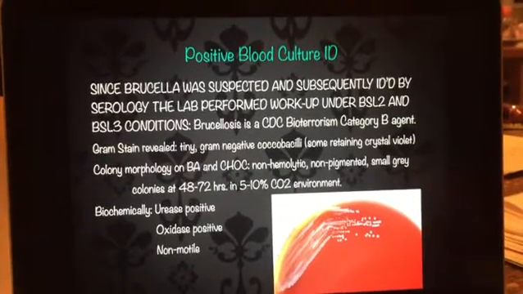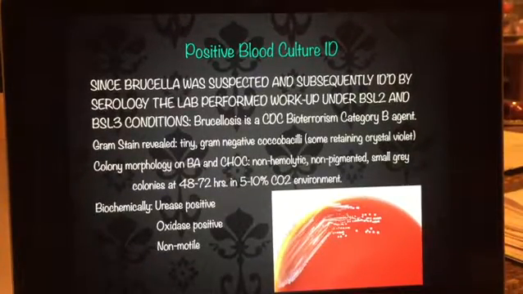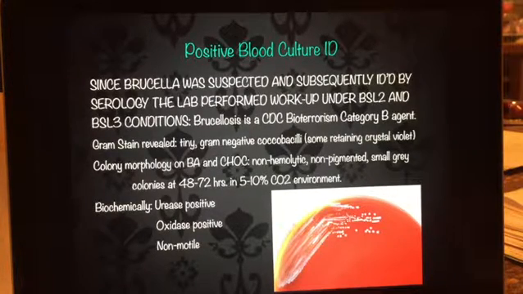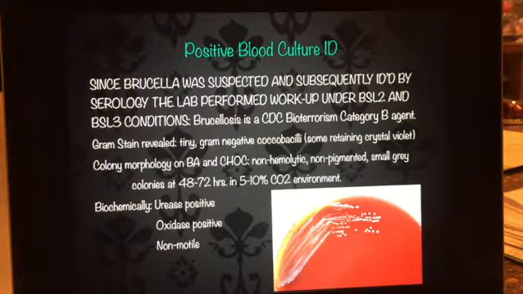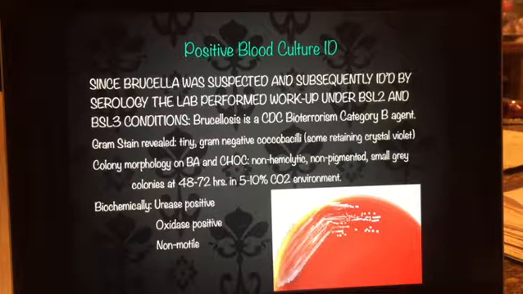A positive blood culture identification. Brucella was suspected and confirmed with the febrile agglutination panel, so the laboratory already knew that it was dealing with a very unsafe bacteria. Brucellosis is a CDC bioterrorism Category B agent, and since it was suspected and subsequently ID'd by the serology,